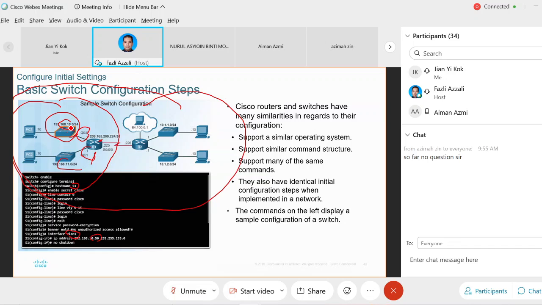Supaya dia lebih nampak. Awak lebih ingat lah. Kalau dua nanti awak confuse pula. Okay. Boleh